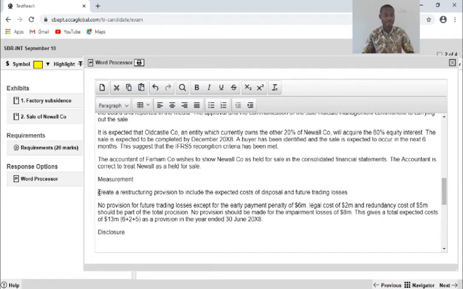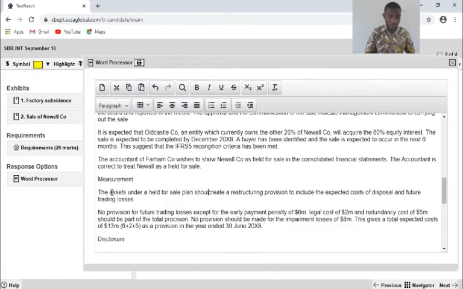So what we know is that the assets under a held for sale plan should be valued at the lower of carrying amount and their net realizable values, which is the NRV.